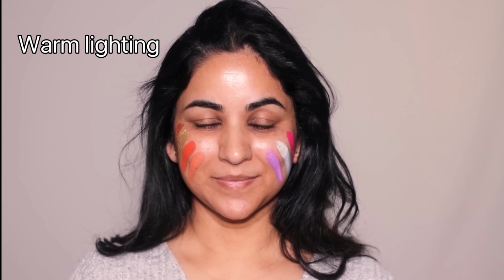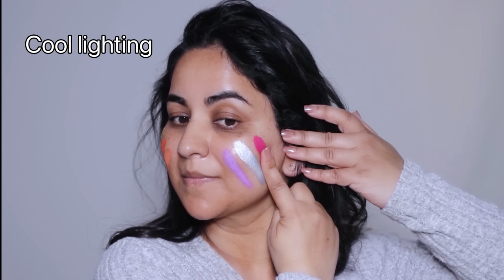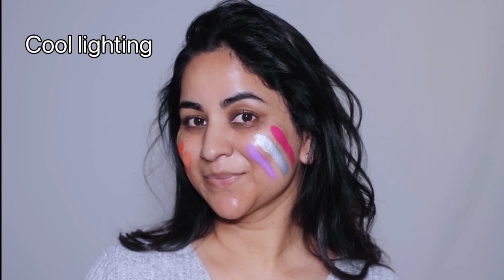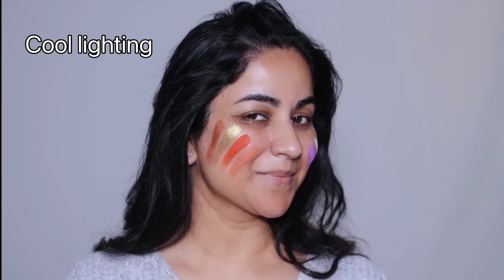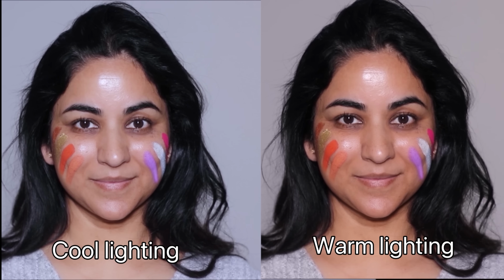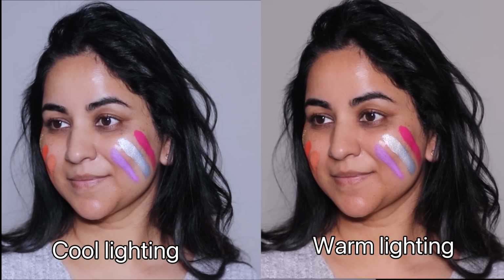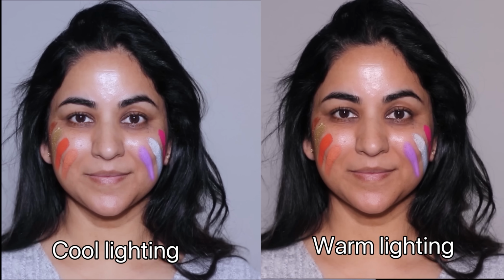grayish on the skin. Now flip that to cool lighting like LED lights or daylight. Tend to bring out crispiness in cool toned shades like lavender, silver, and pink. But if you use too many warm tones under cool light, they may appear kind of orangey or even muddy. And so understanding this color wheel is not just about pairing shades, it's also about knowing which will perform best in different lighting conditions. That way, your makeup looks intentional and radiant and not flat and overly dramatic depending on